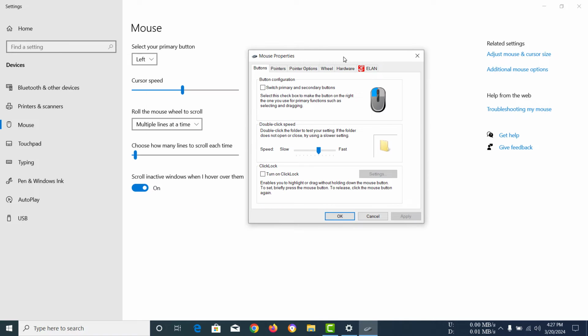Click on that. You should have this window pop up and in here you can see the double click speed. Right now it is in the middle. I guess it's a little bit into the right side, so it's a little bit fast. But if you turn it up to the edge of the thing and click apply, so what you do is